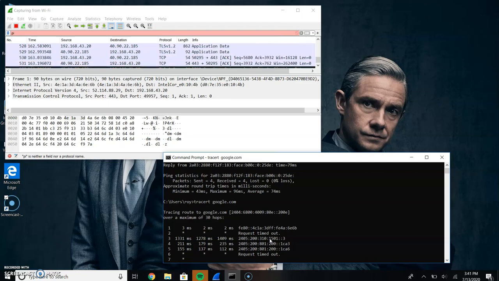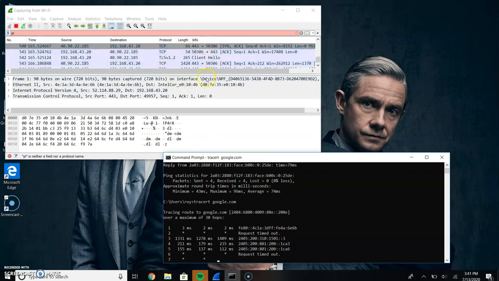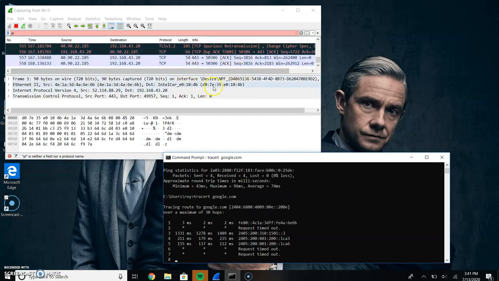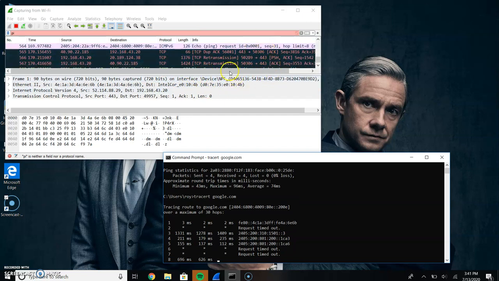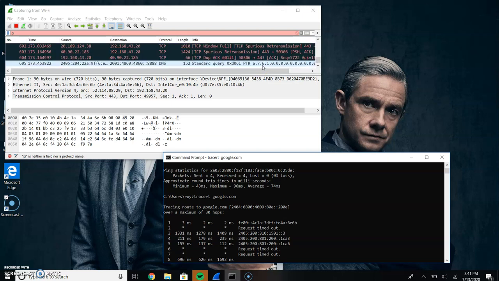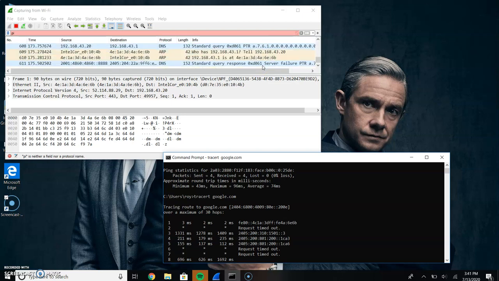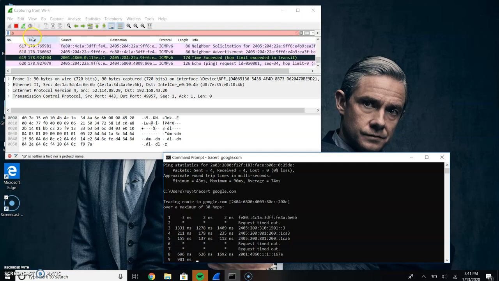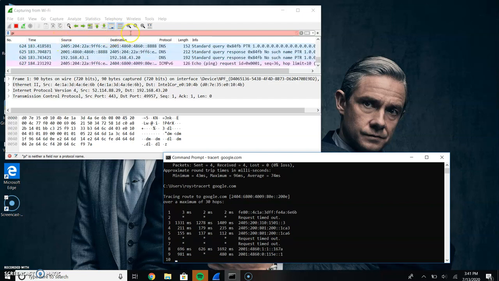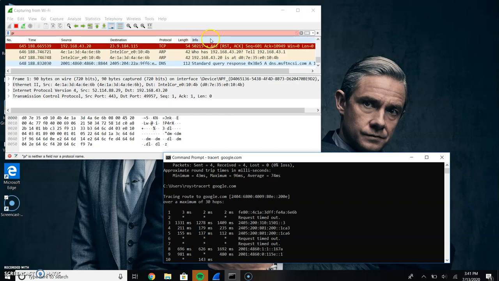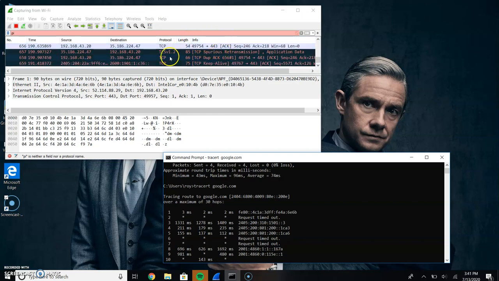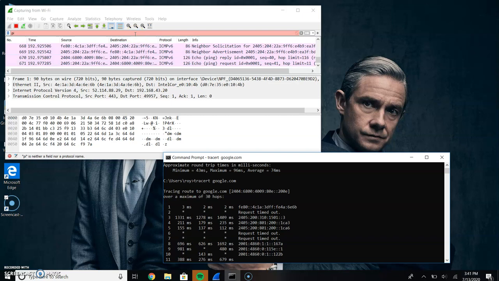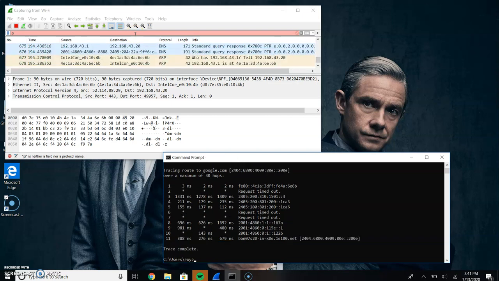Simultaneously you could see the Wireshark network analyzer. All the traffic that is being passed is being captured in Wireshark until it reaches the google.com server. We can check the time, the source address, the destination address, the protocol it is using, the length in bytes, as well as the information it is carrying. So all these things can be managed by Wireshark network analyzer.